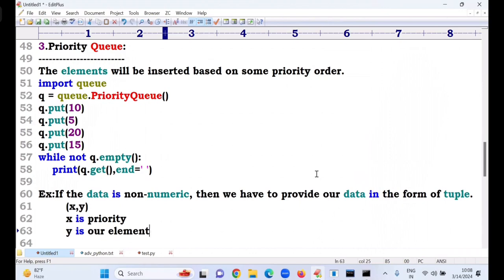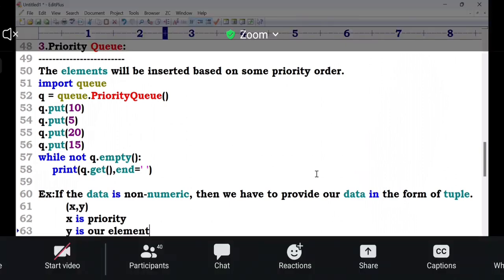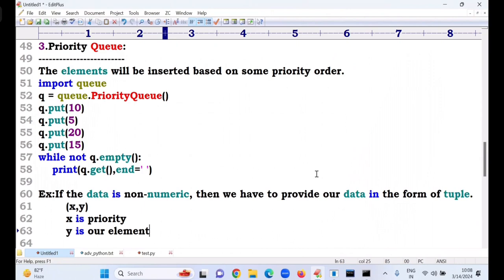X is the priority, y is our element. List, list priority means